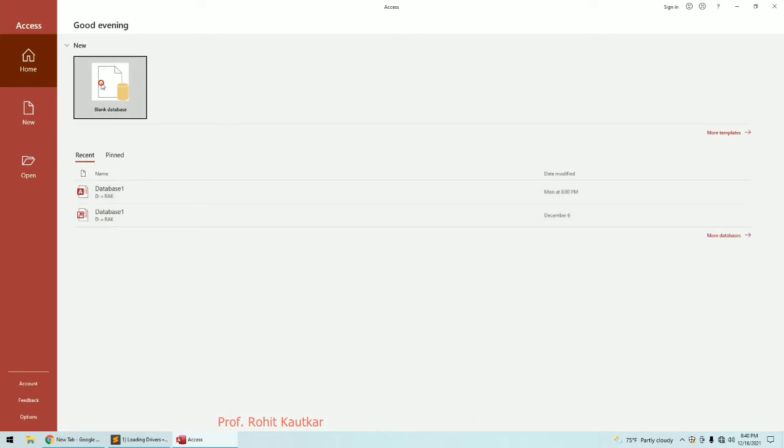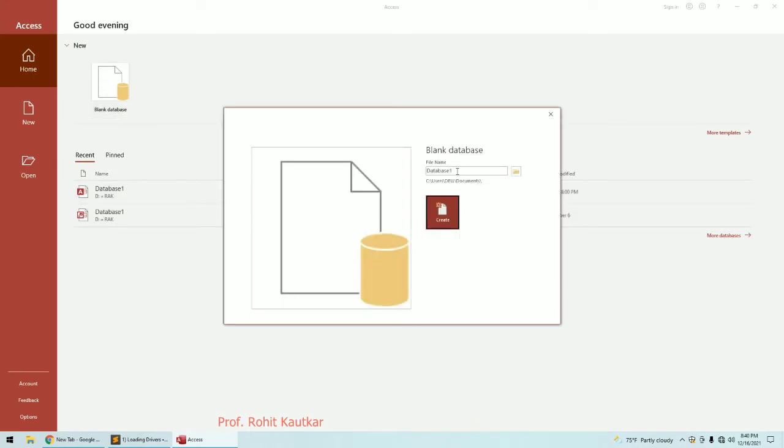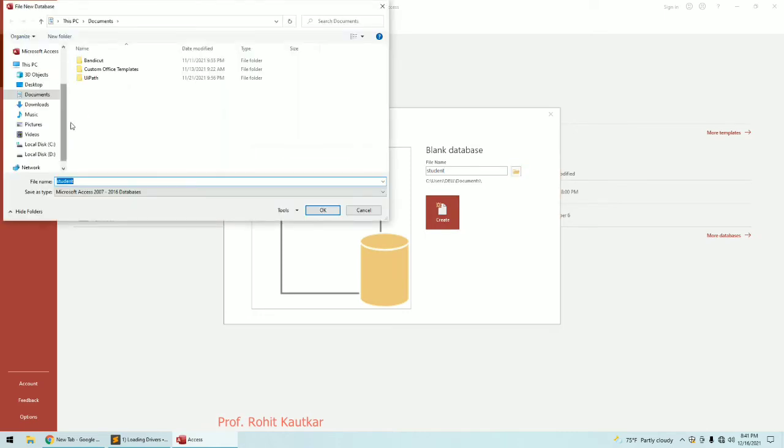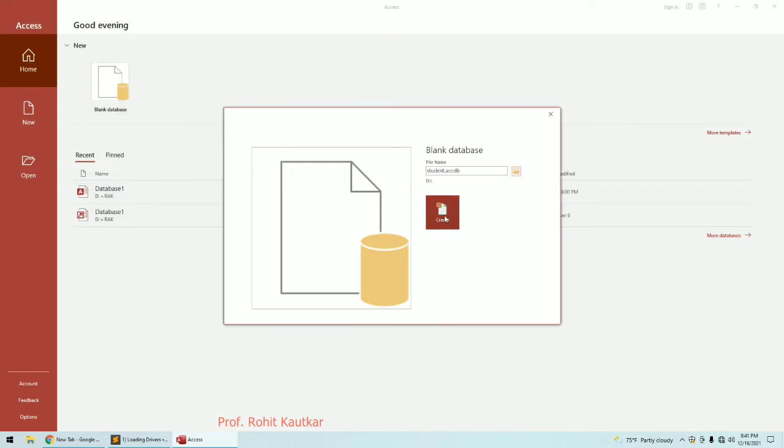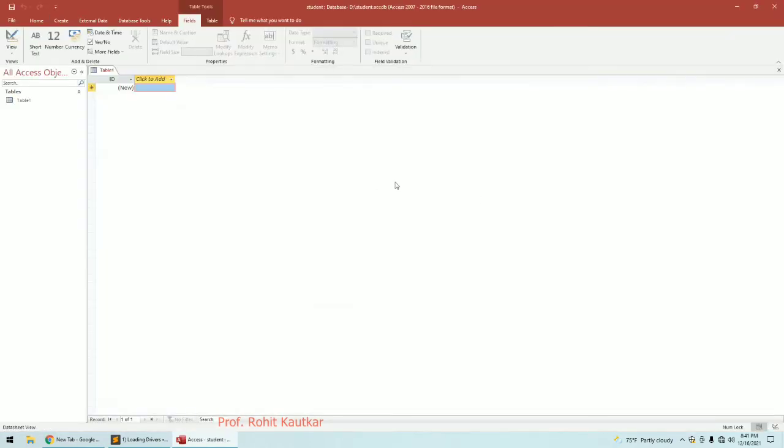Okay, and I will choose one blank database, and let's say the name of the database is student. Let's create this database, and let's say in the D drive I want it. Okay, so I will create this.